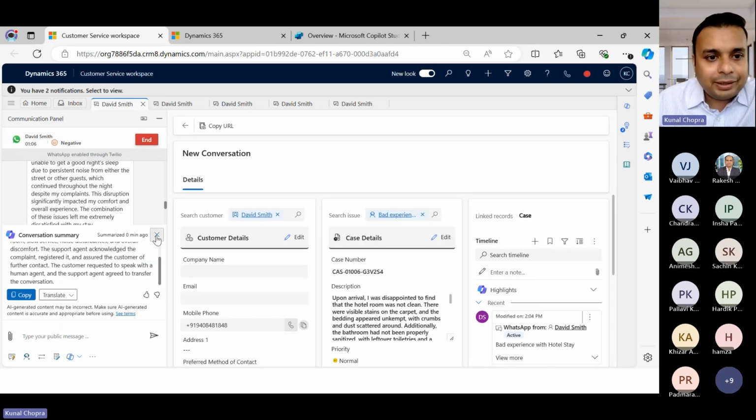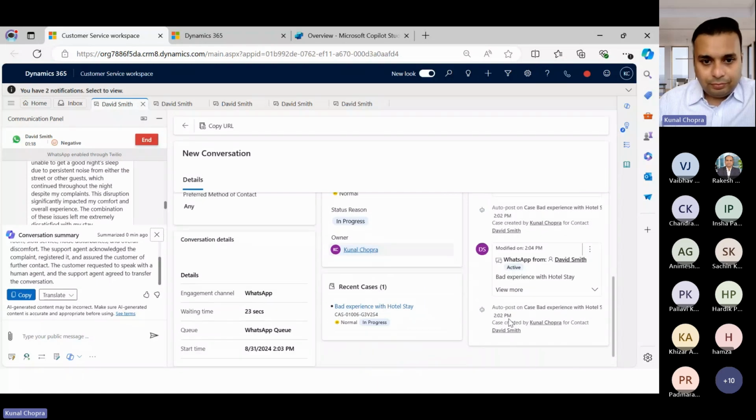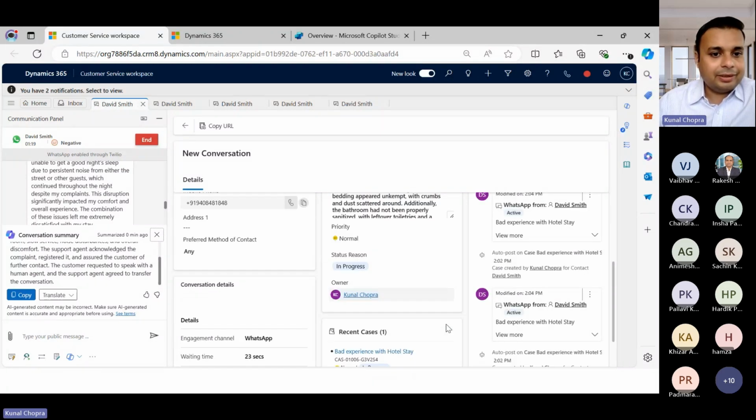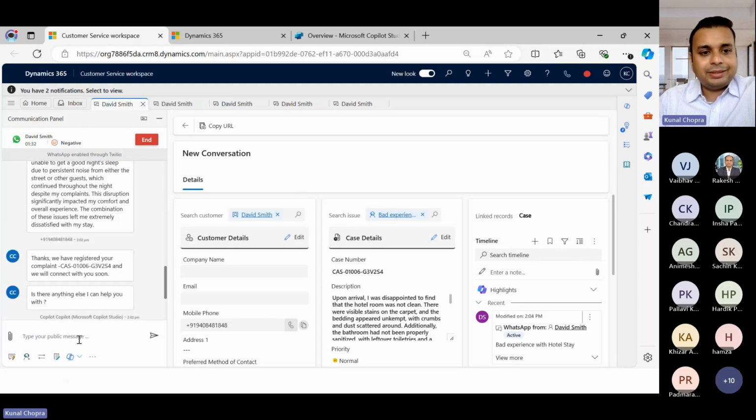Okay. And along with that, on the right hand side, I can see there is already a case being created. I can get the case number as well. I can see all those details of David. I can see some of the past conversations that are there. And based on your requirement for your client, you can define this conversation form as well. Now, I understand that there is something wrong, and what I'll do is I'll say, close